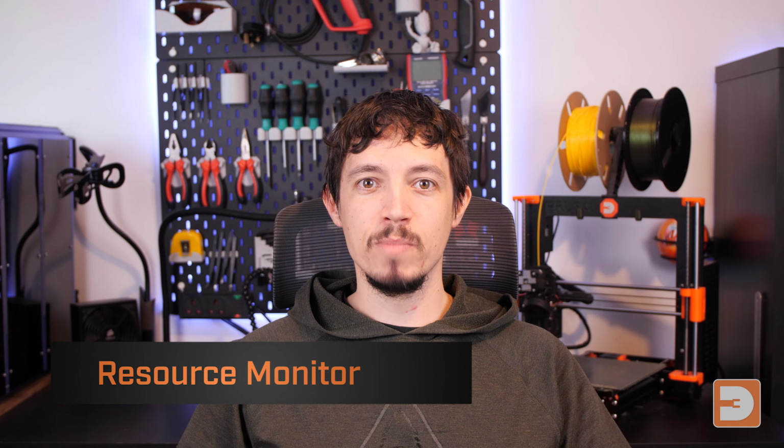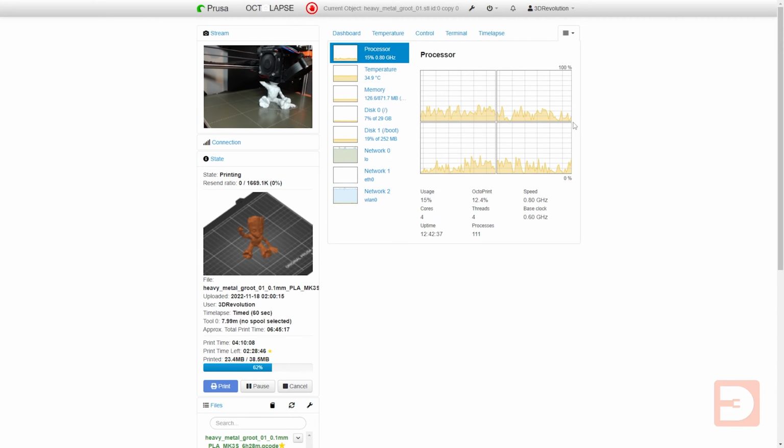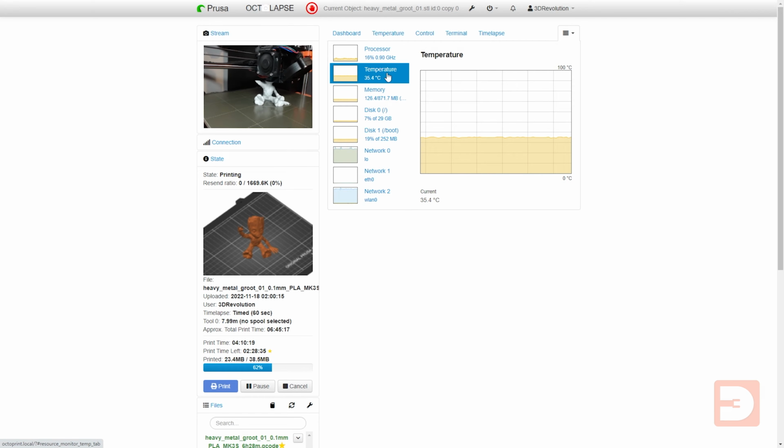The next plugin is particularly good for any computer nerds out there and it's called Resource Monitor. You might have noticed in my Essentials plugin video when I was talking about the dashboard plugin, you're able to add things like your processor usage and stuff like that. This is a more advanced version of that. This gives you a full graph showing the different cores of your processor, the amount of memory being used, and it allows you to monitor which of the things you're doing on your Octoprint are the most taxing for the system.